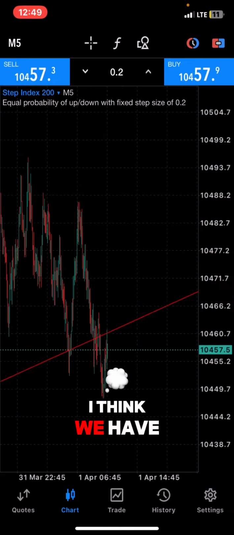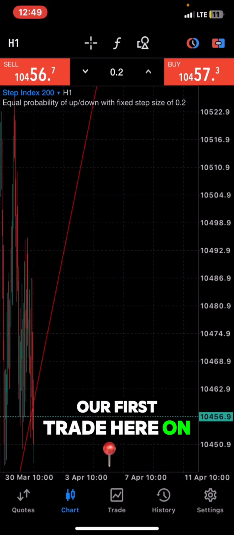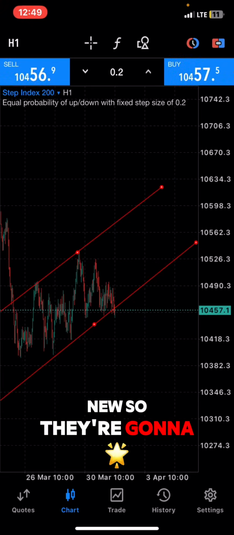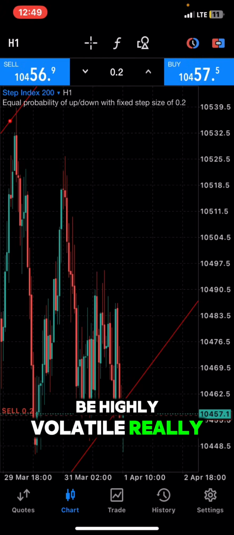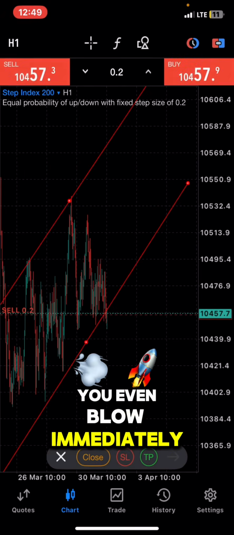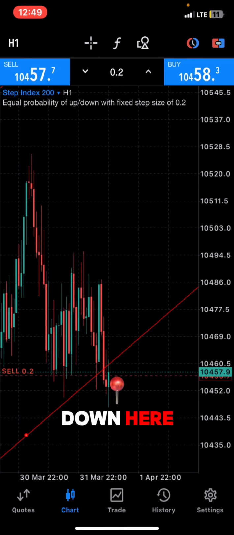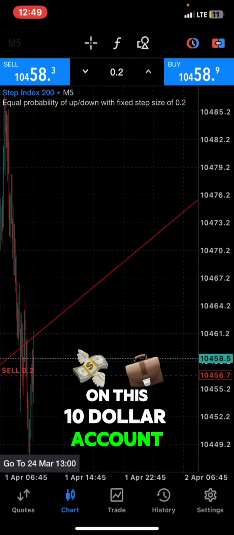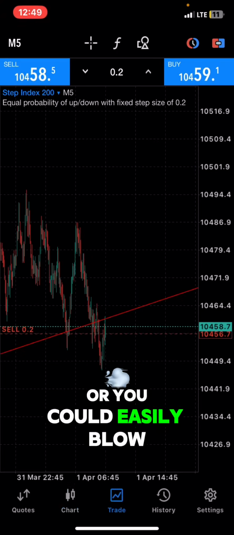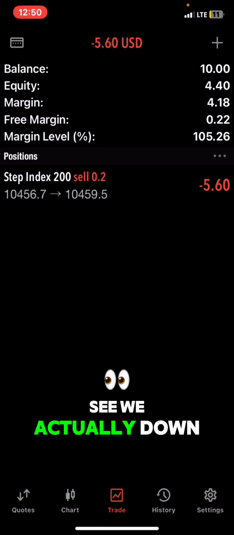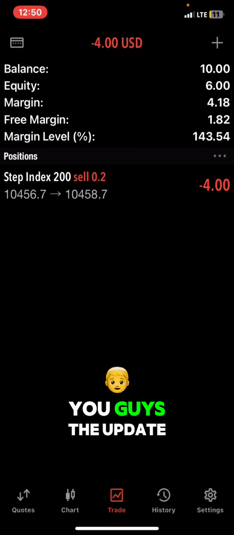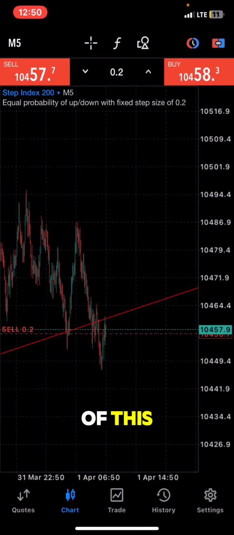Right, I think we have our first trade here on Step 200. Now these pairs are new, so they're going to be highly volatile, really volatile pairs. So you could even blow immediately, but we are going to be targeting all the way down here on this $10 account. We need a sharp entry, and that's what we've got, but we could easily blow almost immediately. As you guys can see, we're actually down a lot of money already. This is going to be a very scary trade, but I will give you guys the update of this